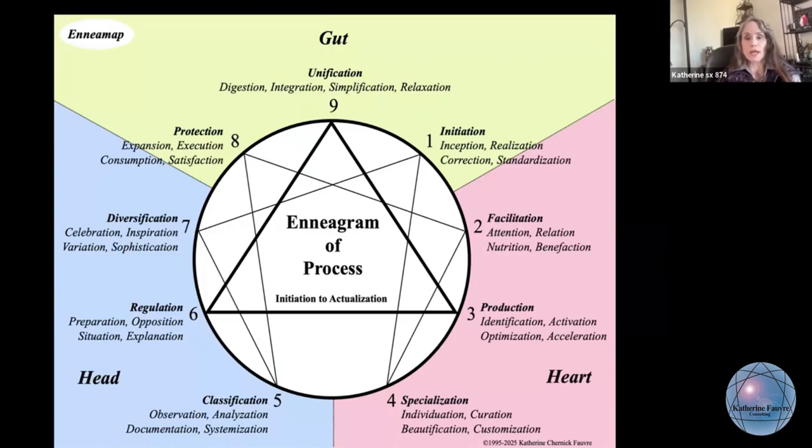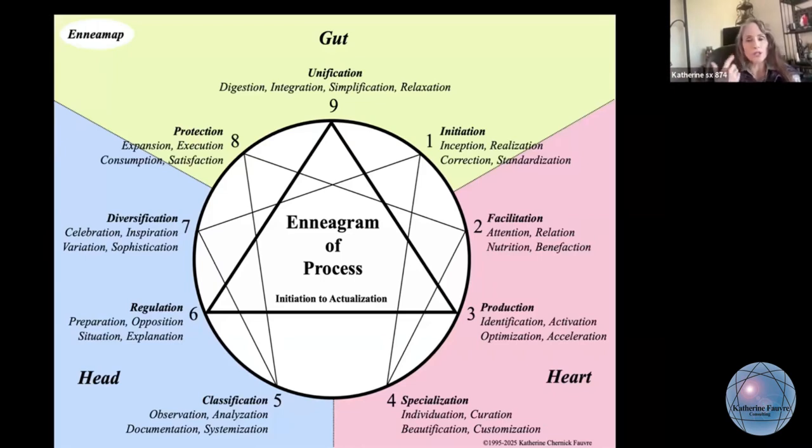Hey, everybody. All righty. This is just another way to look at that list that I just gave you, but putting it on the Enneagram symbol makes it a little easier to look at this process of initiating a thought, facilitating it moving forward, then being able to produce something with that thought or inspiration or urge, because the 1 is that first urge out of 9.